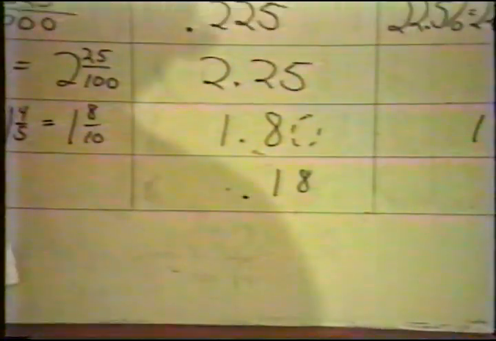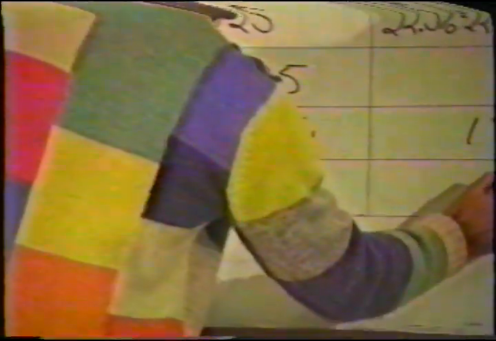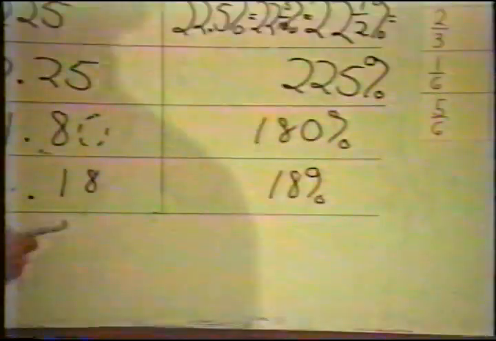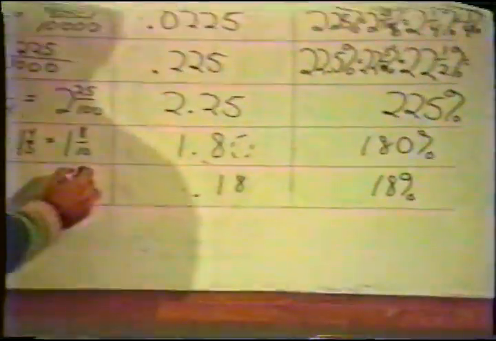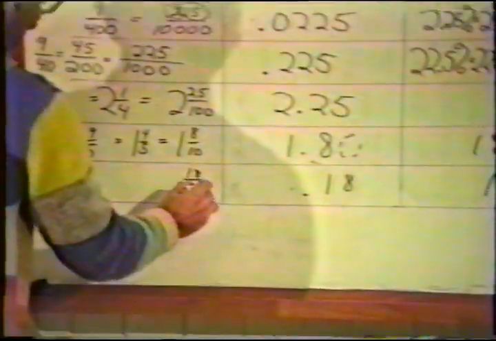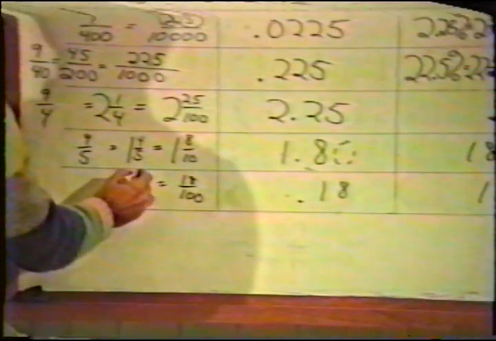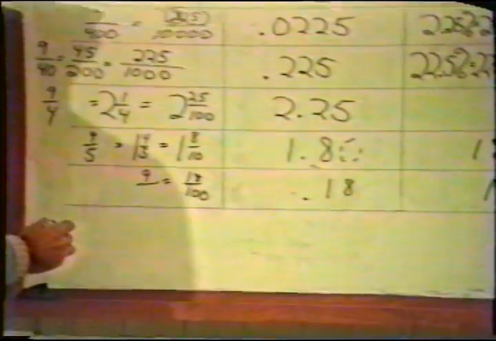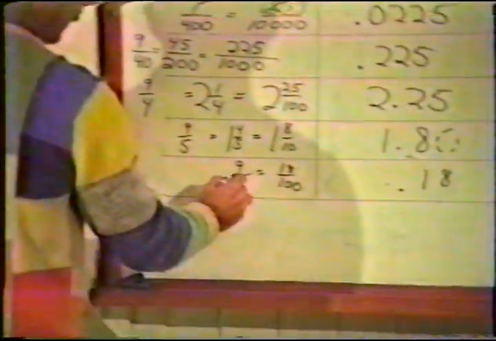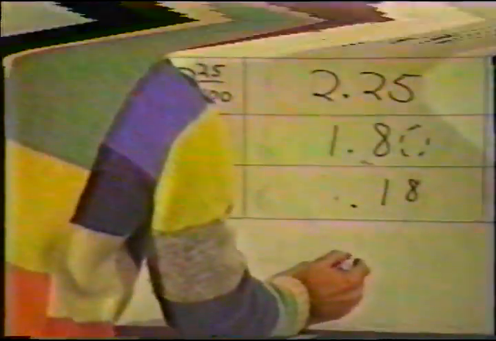The next one is 0.18. How much percent is that? 18%. And this number, as you read it, is what? 18/100. Which reduces to, when you hit it with 2, 2 into 18 is? 9. And 2 into 100 is? 50. 9/50. And the last one is